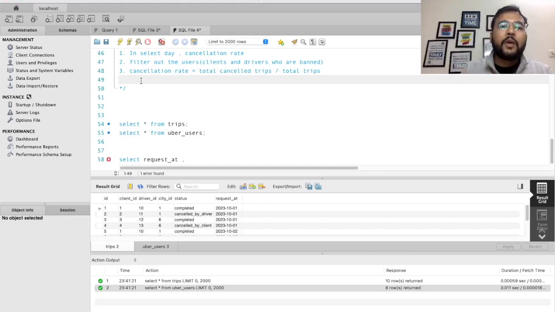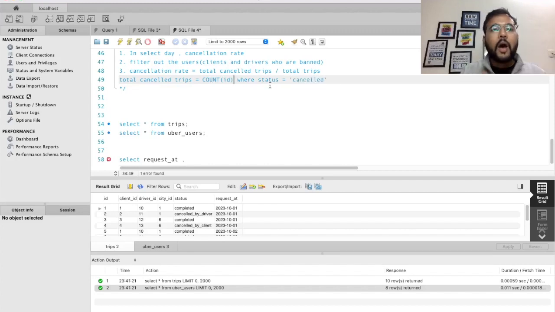So in order to calculate the total cancelled trips, we can say total cancelled trips equals count of ID where status equals cancelled,